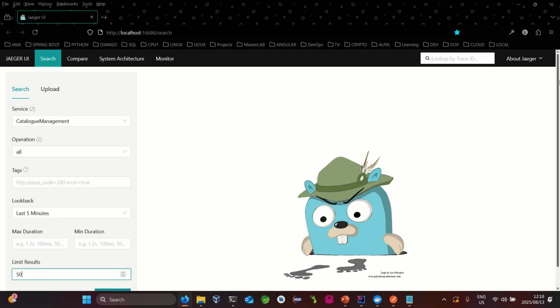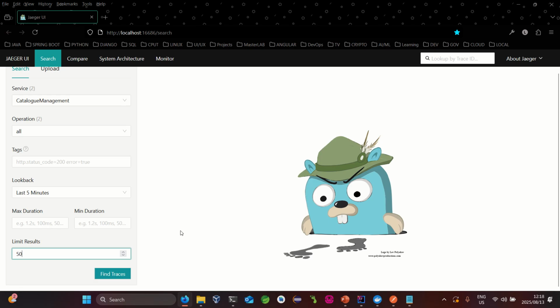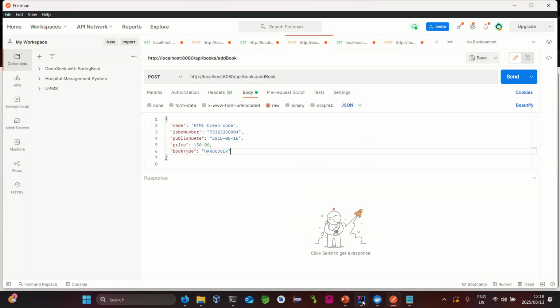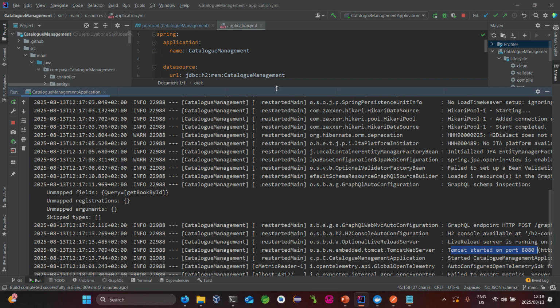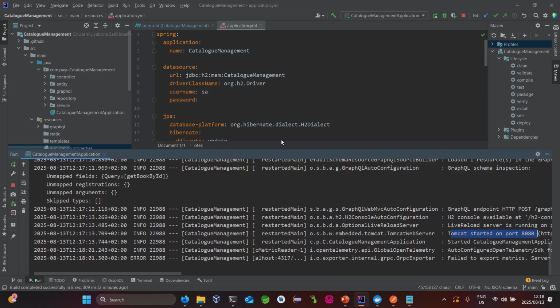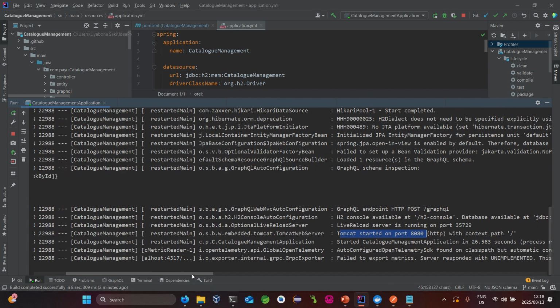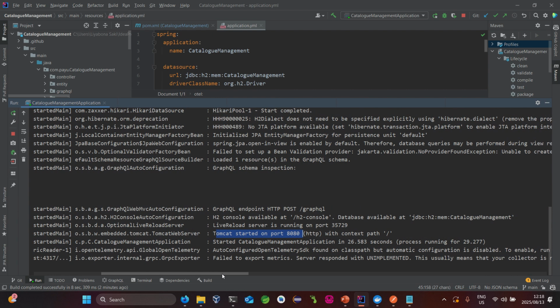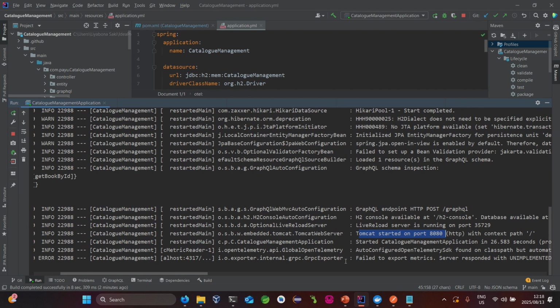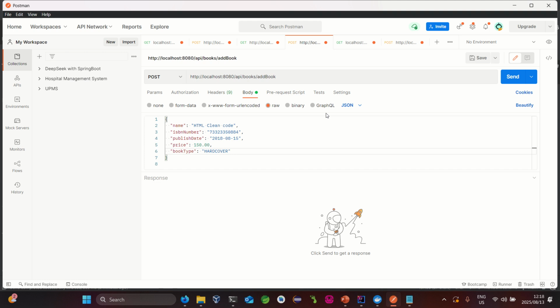Before finding the traces, let's first send a few requests to our API. As you can see, our API is running successfully. So now we can send a few requests to the API, and then we can attempt to look at those traces using the Jaeger UI. Okay, so now if we go to Postman,